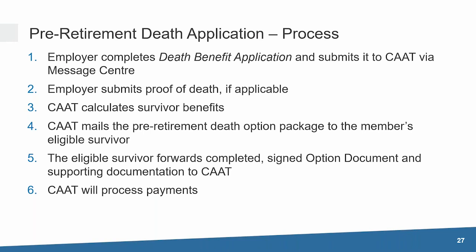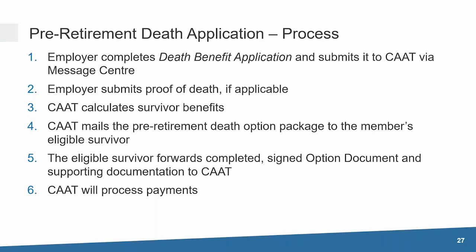To report a pre-retirement death, complete a death benefit application and submit it to CAAT. If there is an eligible spouse, the spouse will provide proof of age for the member and themselves. They will also have to provide proof of death and proof of marriage or declaration of common law status. They can provide these documents directly to CAAT or to the employer when they sign the